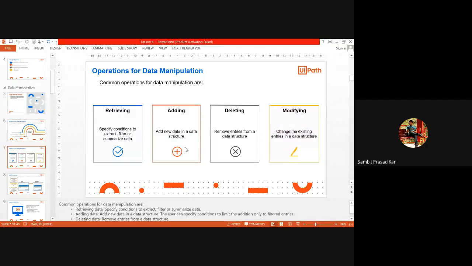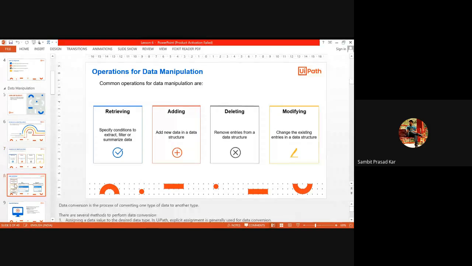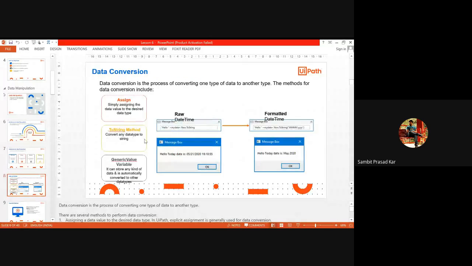So adding data is also a kind of data manipulation. Then you want to delete something, that is also a kind of data manipulation. Modifying is to change the existing entries in the structure. Previously I had given a fixed entry like 324. Now I want to give the entry by user input, so I can put an input dialog into that. So we have to take care of these different kinds of data manipulation during our automation.